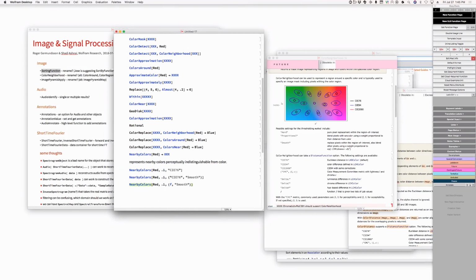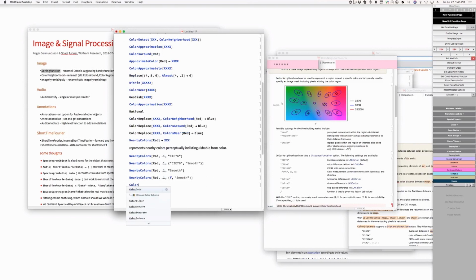Yep. But you see, if we did it this way, then the case with the default, which is CIE 76, is that true? Then we could get away with just doing this to represent smoothing around that. Is there a default where there's a second argument missing and where it's just smooth or not? Sorry, what do you mean? For example, the default, if I would say color detect of,